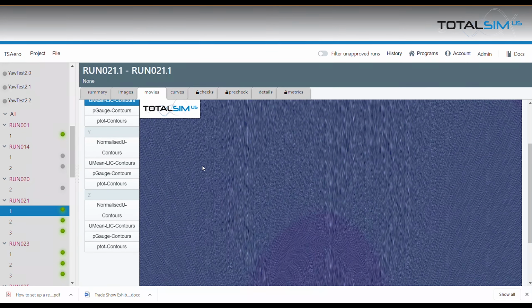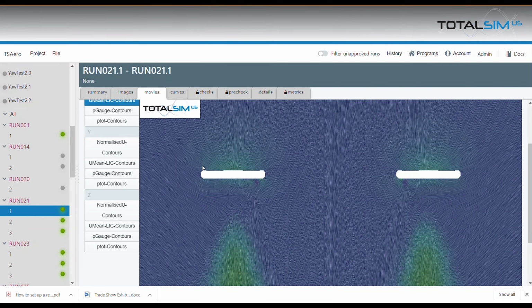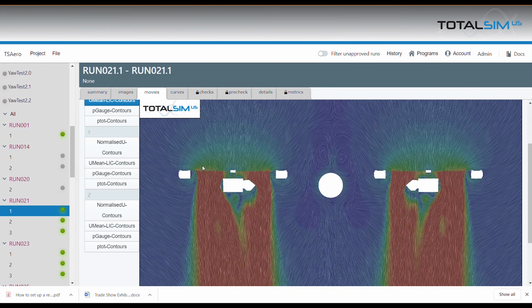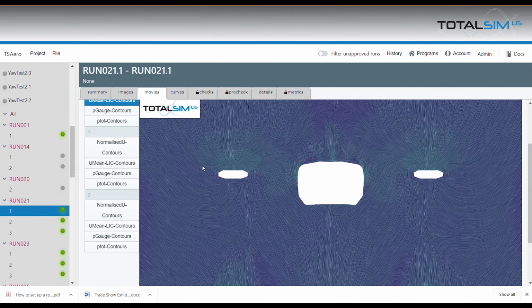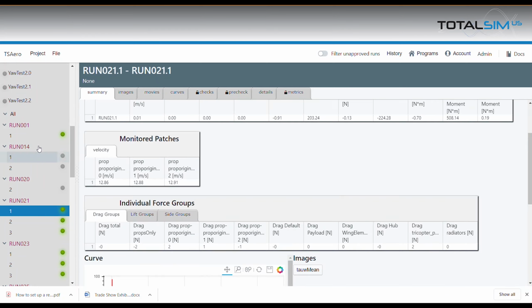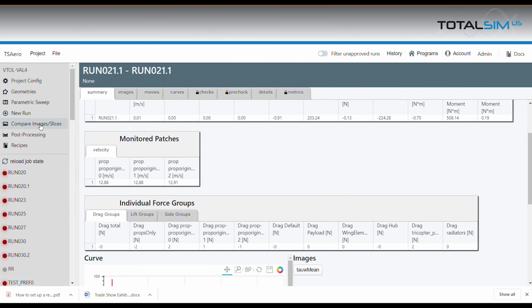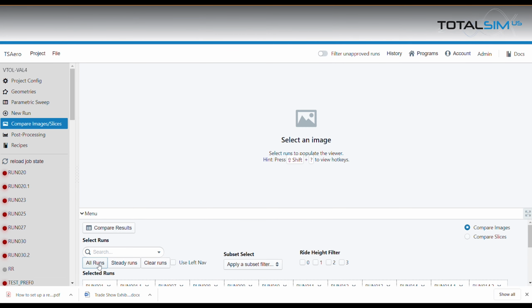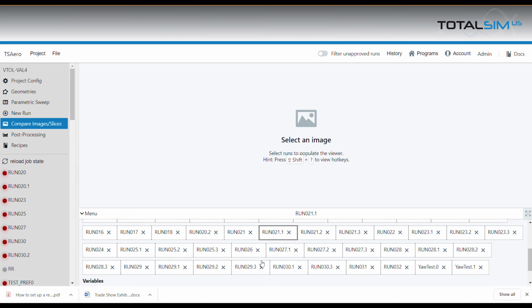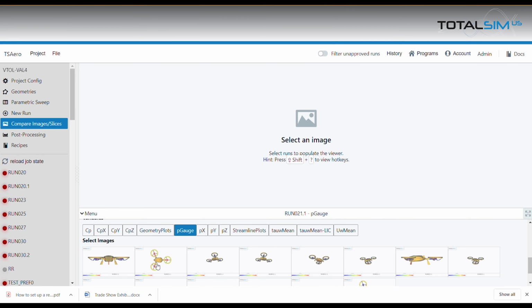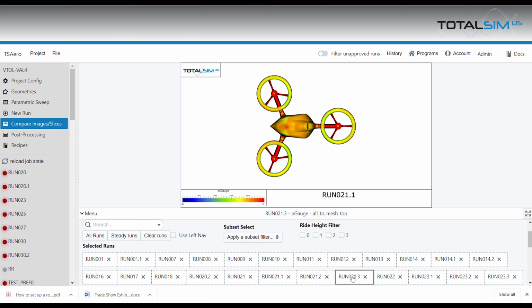table. You can also look at a single case in more detail and look at the images and movies output for that particular simulation. Additionally, separate runs can be compared so you can see exactly what effects your changes have on the results. All the images can be downloaded as desired or pushed into a standard report format right in